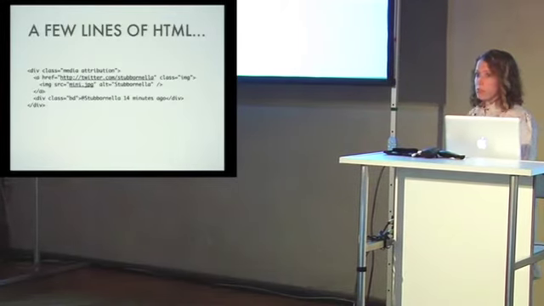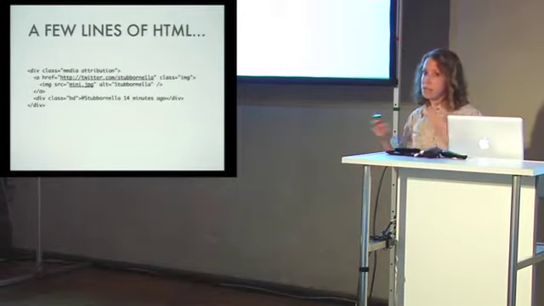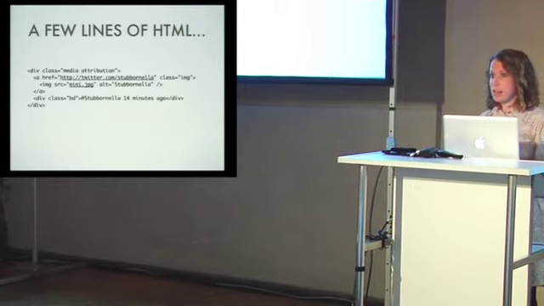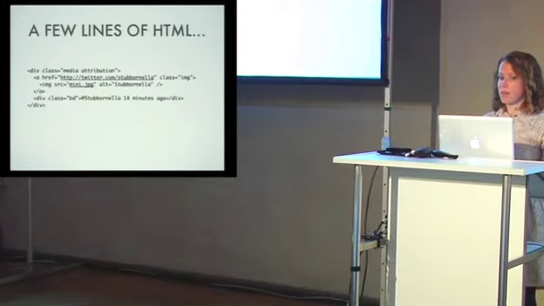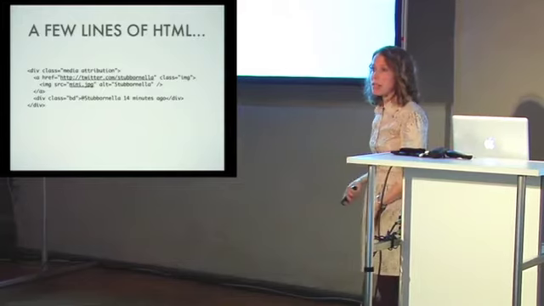It's really simple. If we look at the code of the media object, it's just a few lines of code. It's a div, basically a wrapper element, with an A in it, a link, and an image inside of that. And then we have a body area, which is where our content of our media object will be.